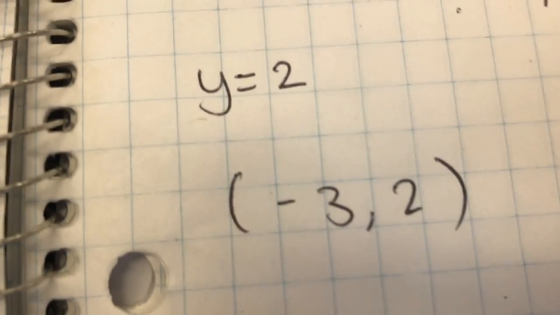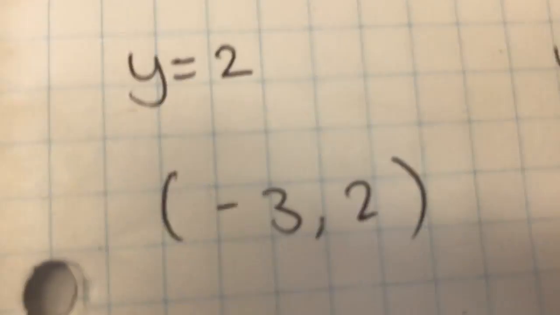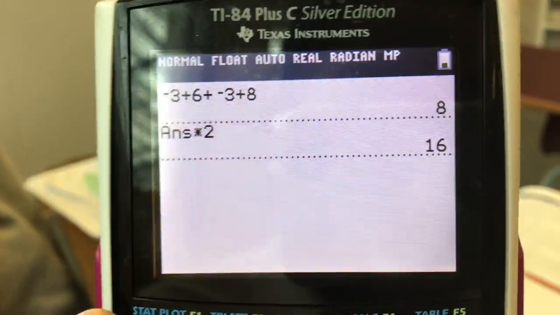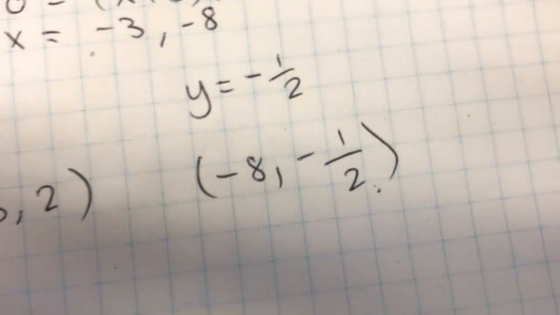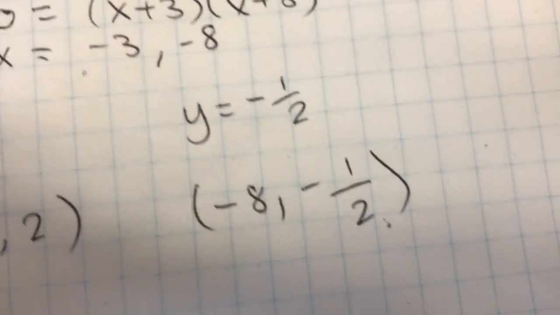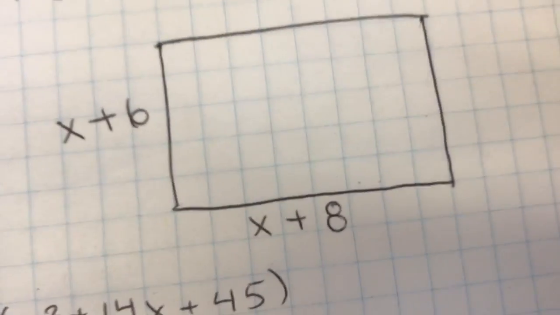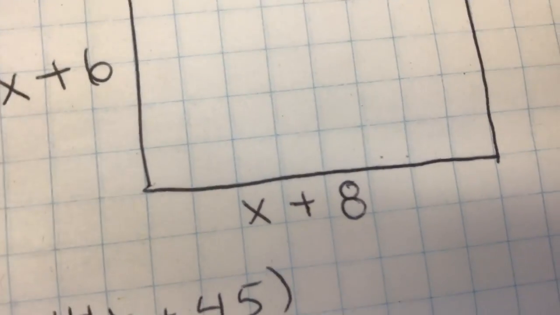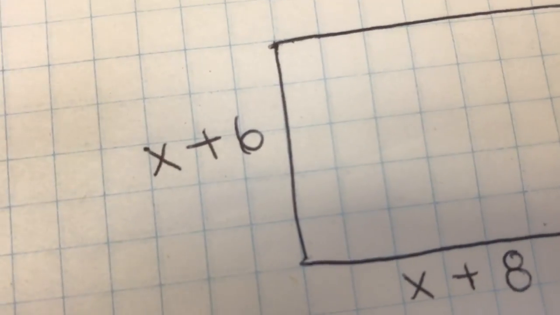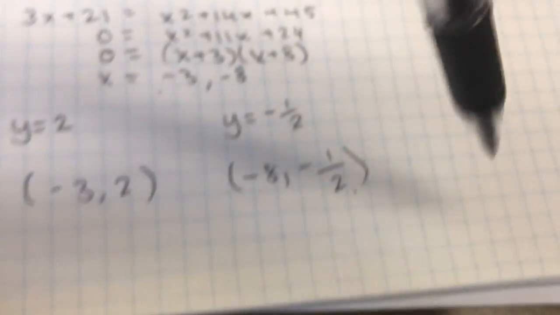Now I just need to check these solutions. Elisa, can you punch this number into the calculator for me? Yep. Thanks. That looks correct. Now I need to check this solution. Oh wait, it can't work. If x is -8 plus 6, that's -2. You can't have a negative side. This solution must be in